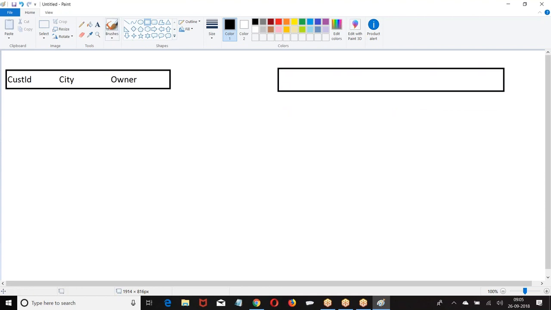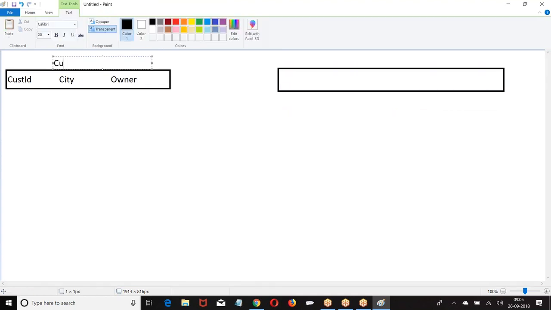I have one more object which is payment, with payment ID and mode of payment. Now, the customer and payment objects.